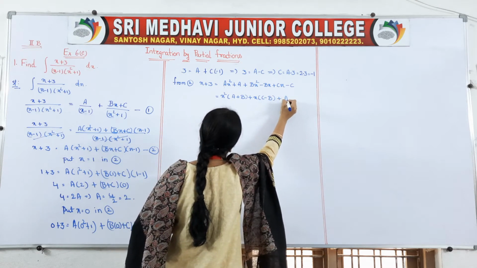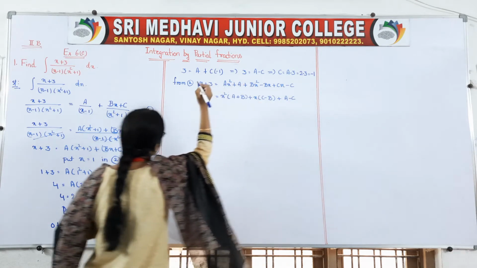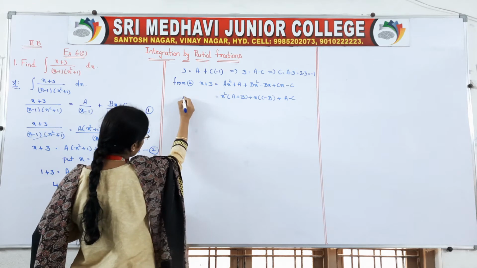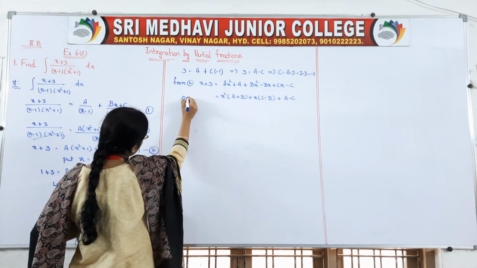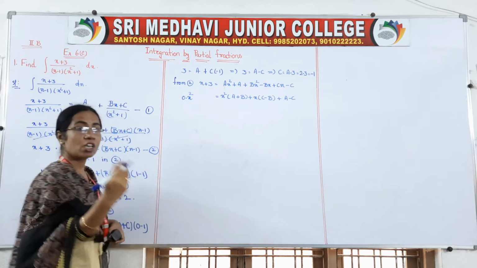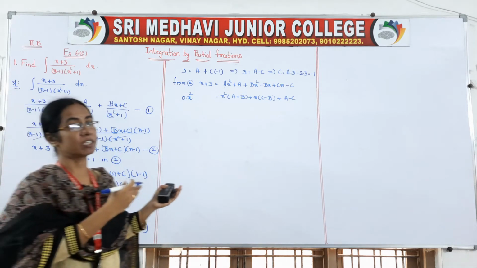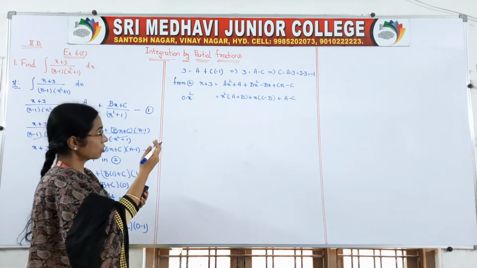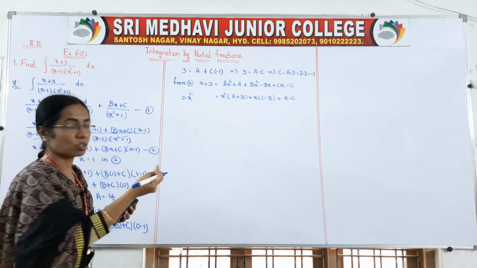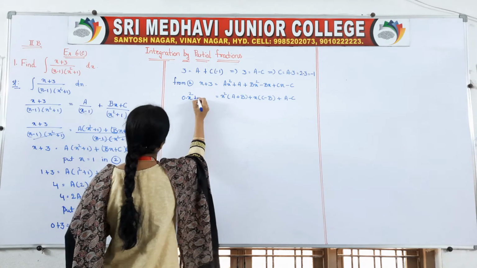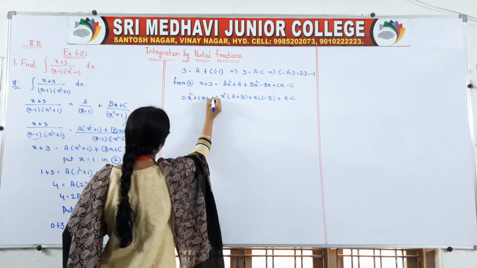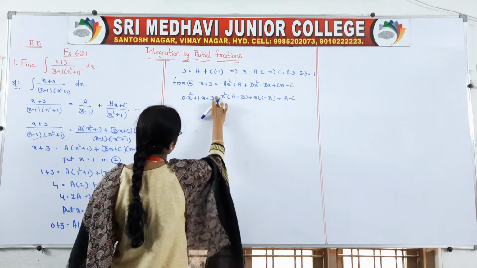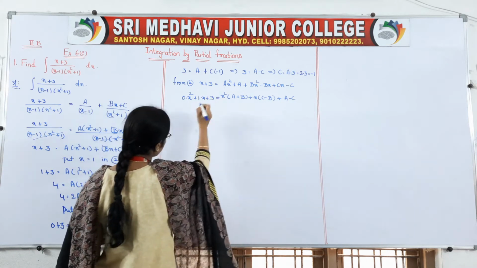Last, the constant a minus c is equal to, here the x square term is there, but this side we don't have an x square term, so we can write that as 0 into x square. Can we write that? So that I can equate the coefficients of like terms on both sides. Okay, so no x square term, so 0 into x square, next plus 1 into x plus 3. So it is equal to this equation. So equating